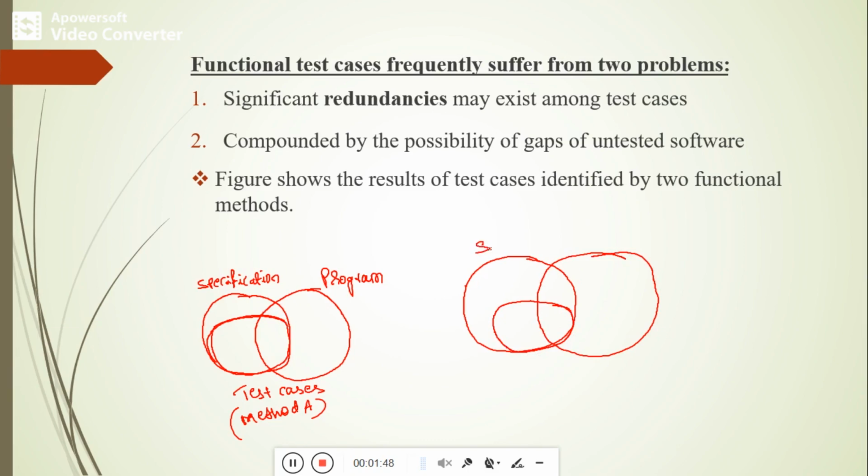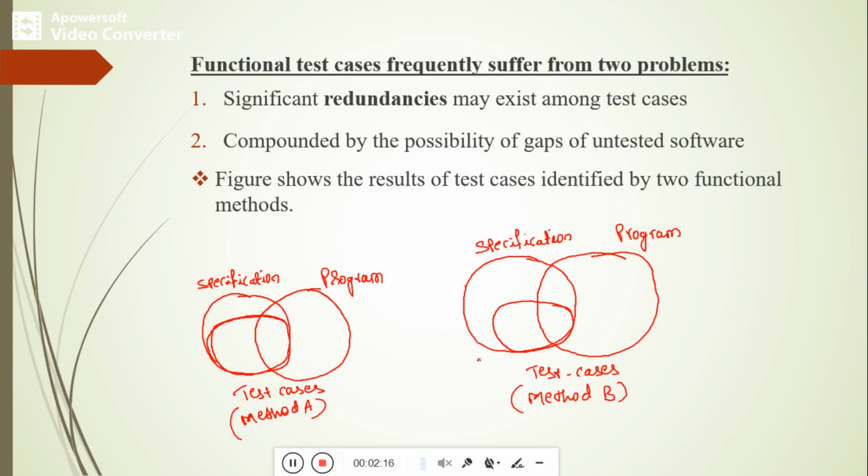This is the specification, this is the program behavior, these are the test cases, and this is method B. Now you compare the two figures, where method A and method B are shown.